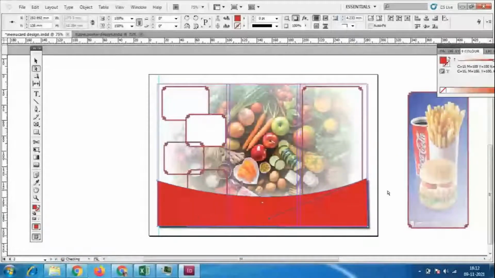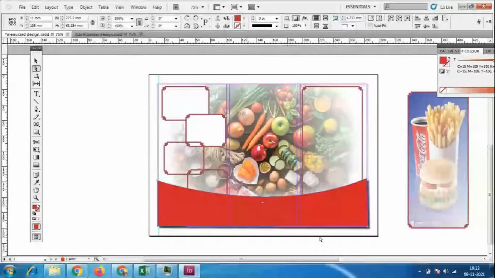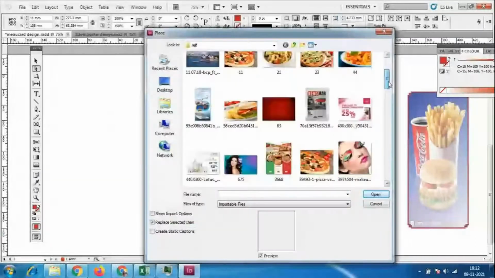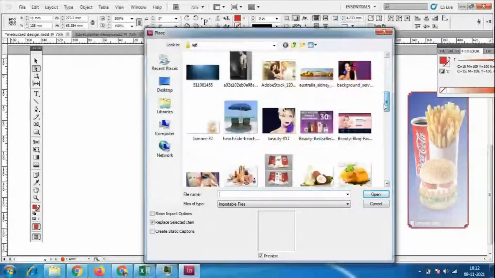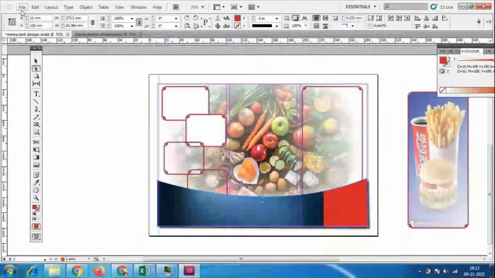So for this also, if this plain background is not looking beautiful, I'll select this one and go to file, place, and some of the template designs. So like this I have this template design. So otherwise I'll go to here,